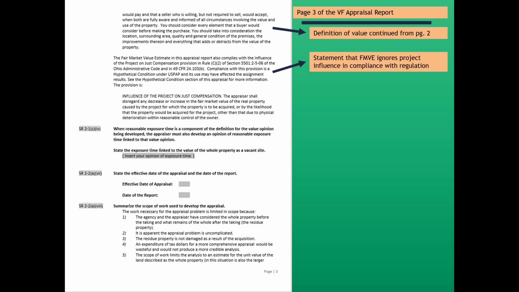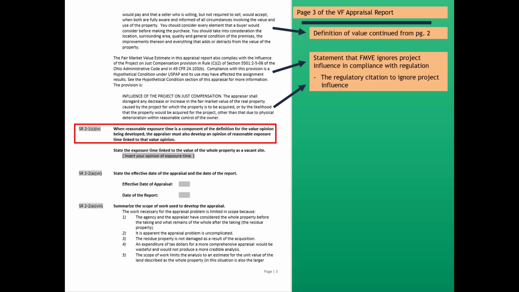It's a statement that fair market value ignores project influence, which is in compliance with federal and state regulation. And the next paragraph is the actual citation requiring the agency to ignore project influence in its before valuation. The next USPAP standard,